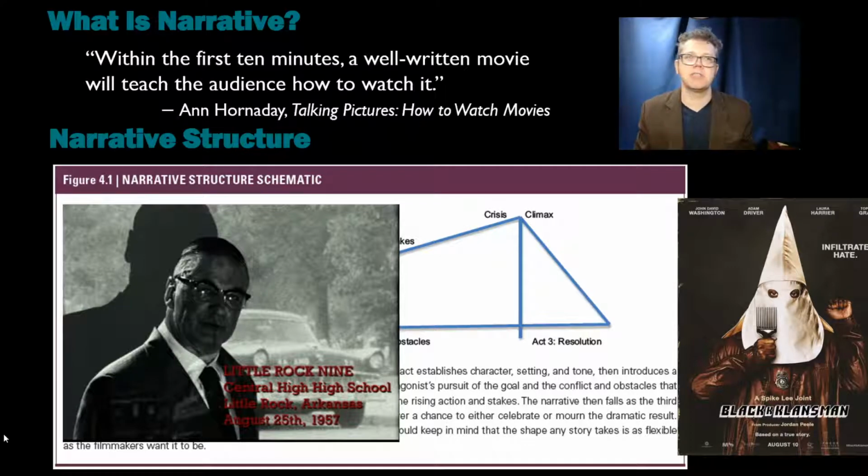Because BlacKkKlansman isn't just a movie about a black cop infiltrating the KKK in the 1970s. It's also a movie about the power of film. It's a movie about the power of movies. And within the first 10 minutes, we are taught how to watch this movie as we get Alec Baldwin as Dr. Kennebrew standing in this room, and his performance is